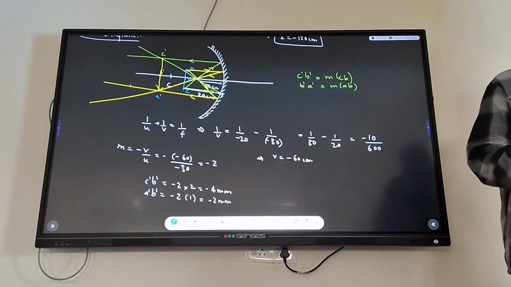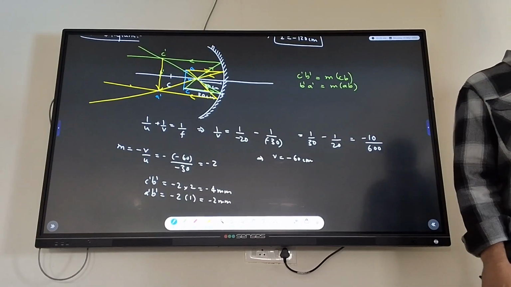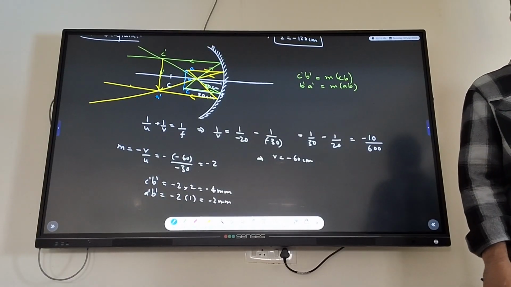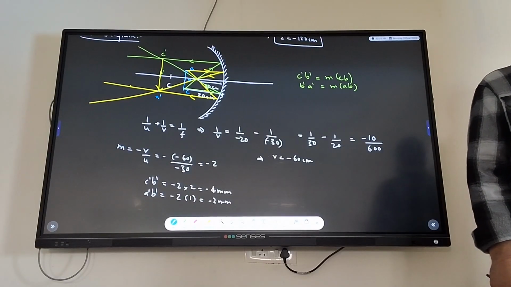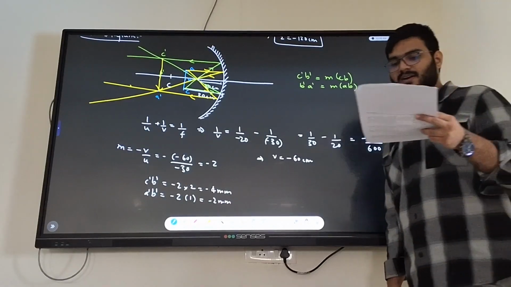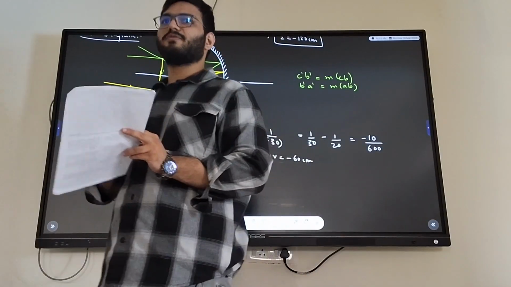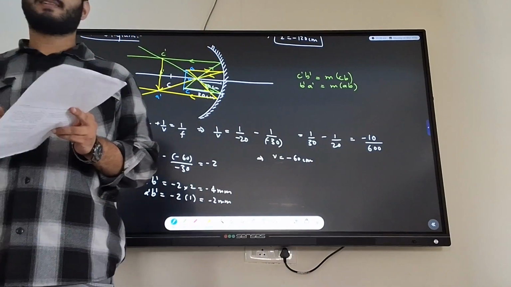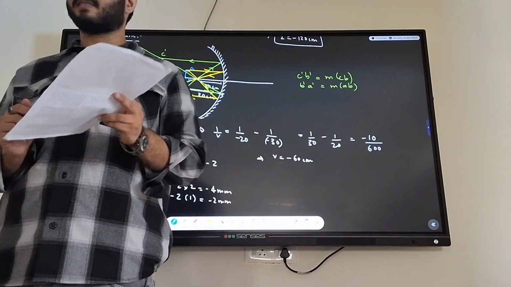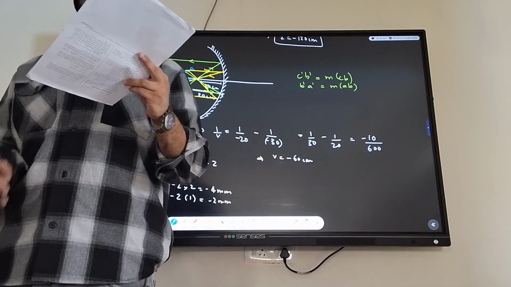Achha, don't go for question number 9. Leave 9 and 10 for now. I will discuss them in study hours. Go for question number 11. That's a very interesting question. If you can do this, then I'll give you a chocolate. This is very interesting. Specifically, the graph of U versus V.